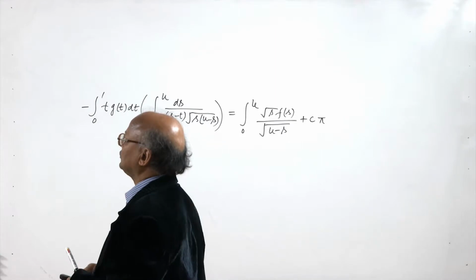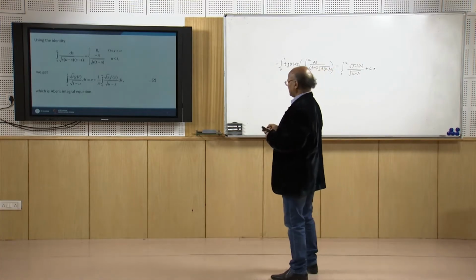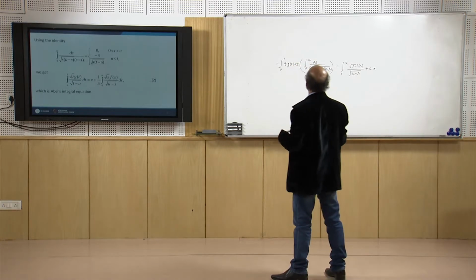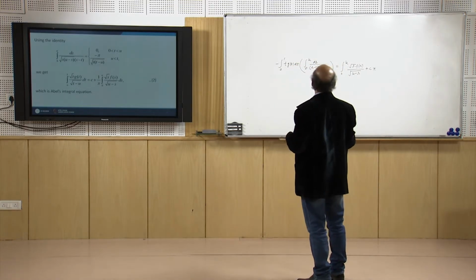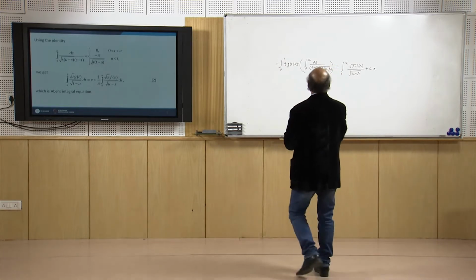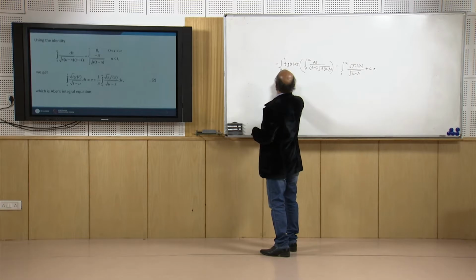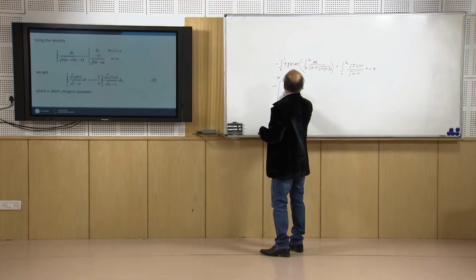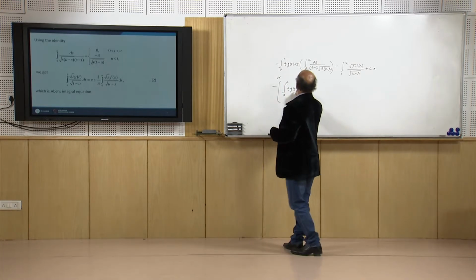Now we go to the identity which we proved. Yes, the outer integral is with respect to t, where t varies from 0 to 1. We can break this into two parts, 0 to u and u to 1. So this can be written as minus integral 0 to u t gt dt